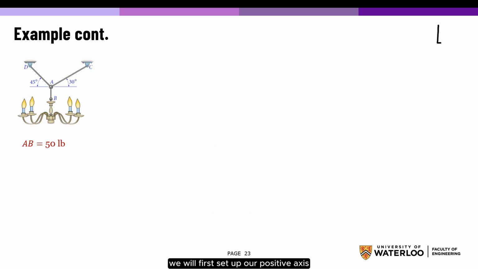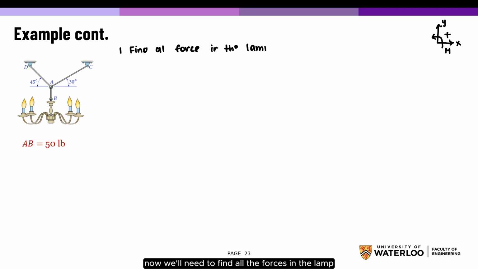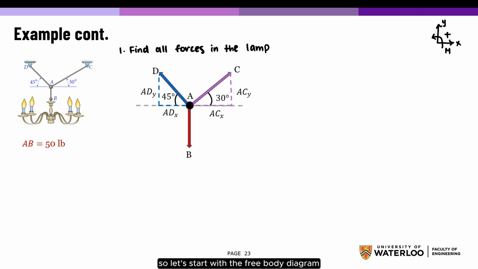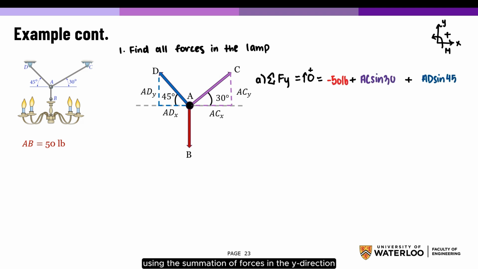We will first set up our positive axes. Now we'll need to find all the forces in the lamp, so let's start with the free body diagram. Let's solve for our unknown forces using the summation of forces in the y direction, where AC sine 30 is ACY and AD sine 45 is ADY. Notice that there are 2 unknowns here and we cannot solve,